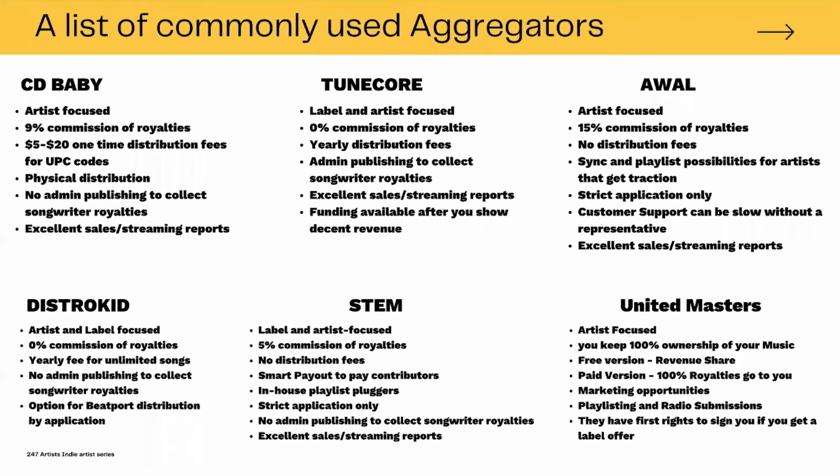One of the knocks that I have heard, and my lawyer brought this up, is United Masters has some fine print in their contract that basically says if you release a song through United Masters and you have an opportunity to get a label deal, United Masters has the first rights to sign you. Okay. So,